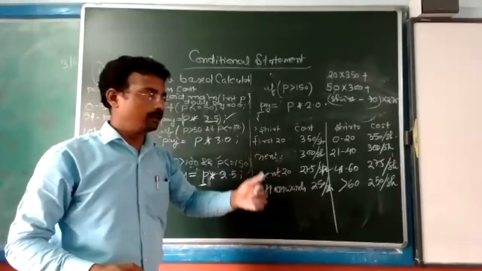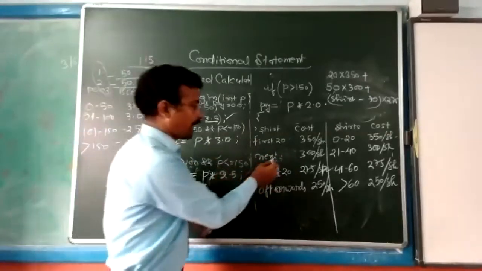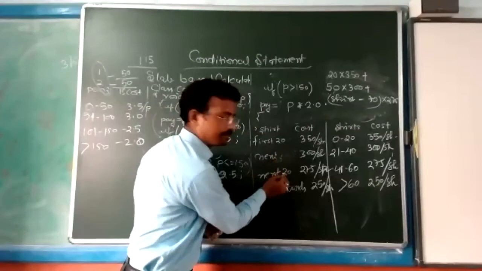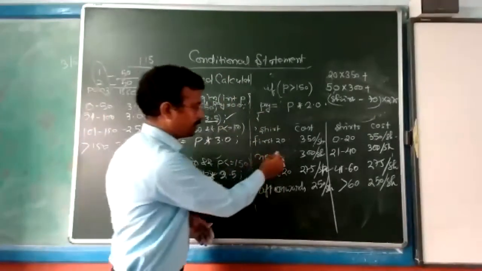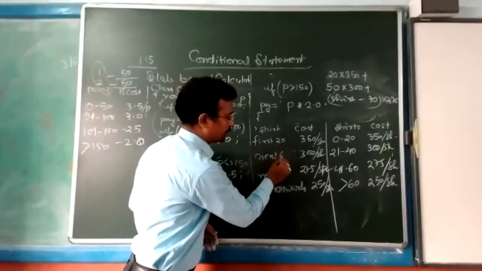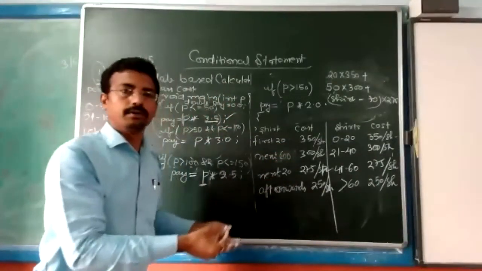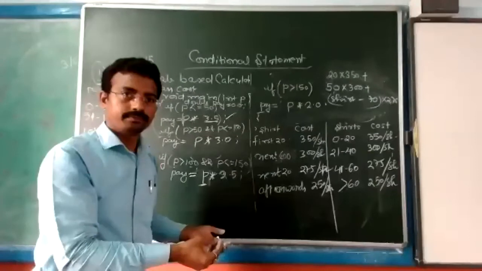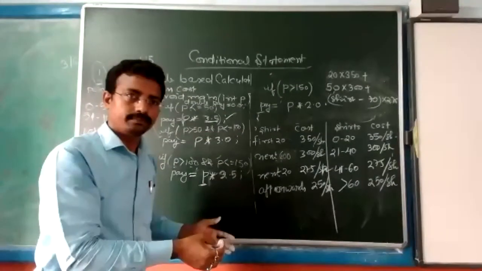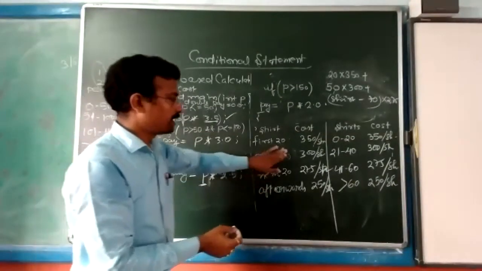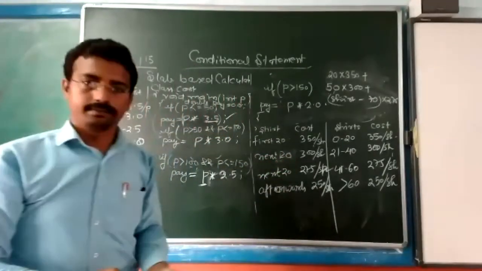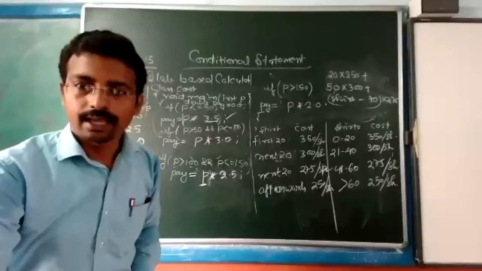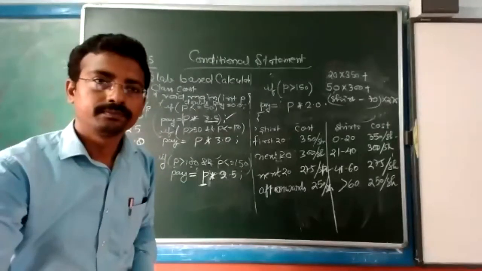In the next class, I will tell you with one more question what to do if the difference is there. Right now we are doing a similar pattern. But if the difference is there, suppose 20, then 60, how will you solve it? How will you handle it? Got it? So don't worry. Wait for next week, next period. Then I'll explain.